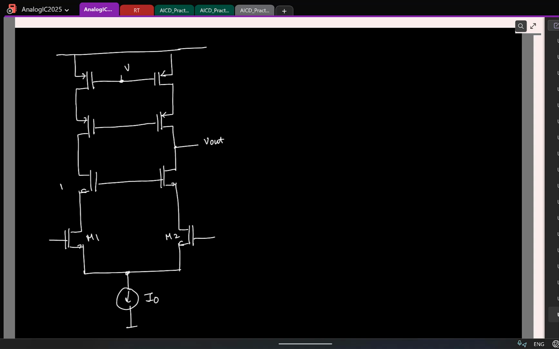So this is, let us say, M1, M2, M3, M4, M5, M6, M7, M8, and here I apply the bias voltage plus the small signal, bias voltage plus small signal, and all the gates need to be connected to a DC bias so that they are biased in saturation. So let's say I connect some VB4, VB6, and